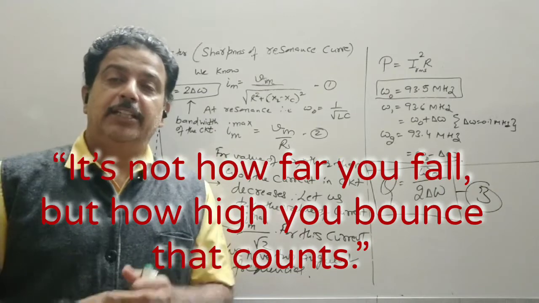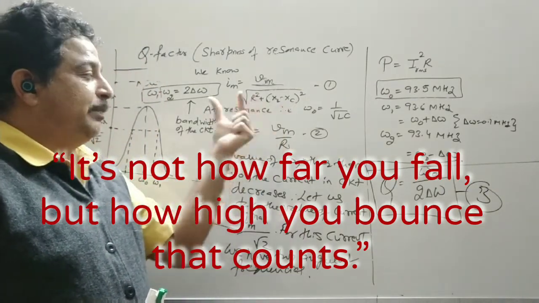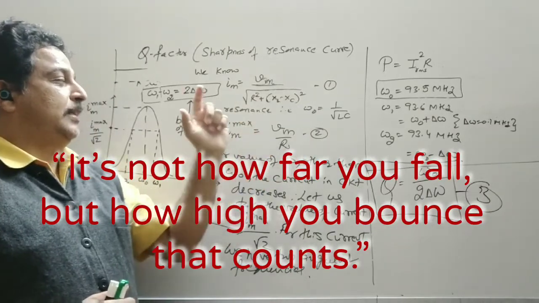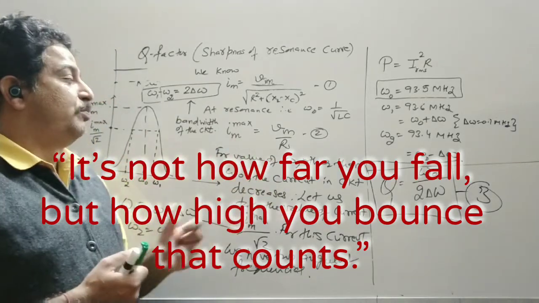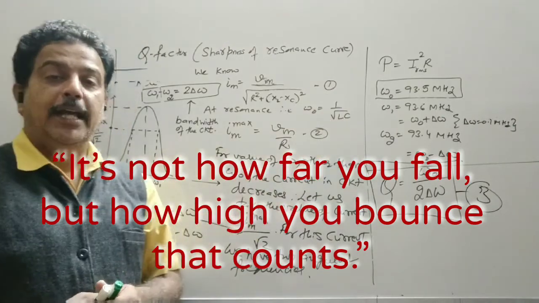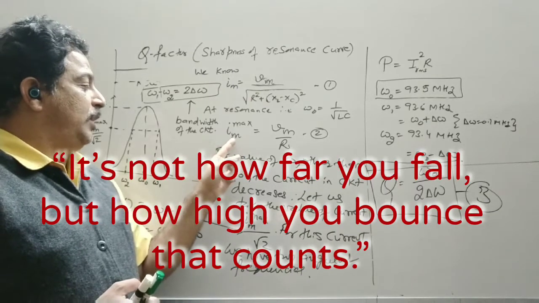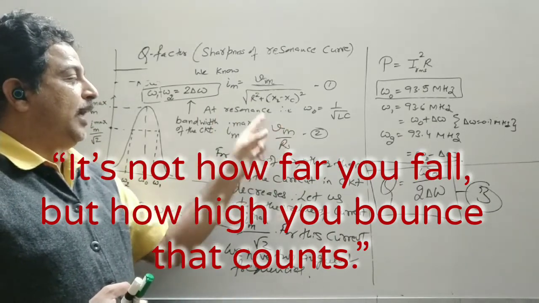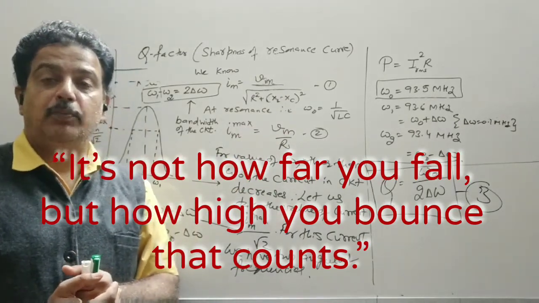And we varied the omega in such a way that XL is equal to XC, and that specific value of omega where XL becomes equal to XC, that condition was resonance, because the current in the circuit becomes maximum, and the condition was omega naught is equal to 1 upon under root LC. At that time the current in the circuit is maximum, so we have written Im max is equal to Vm upon R, because XL and XC are cancelled. Now current flowing in the circuit is maximum.